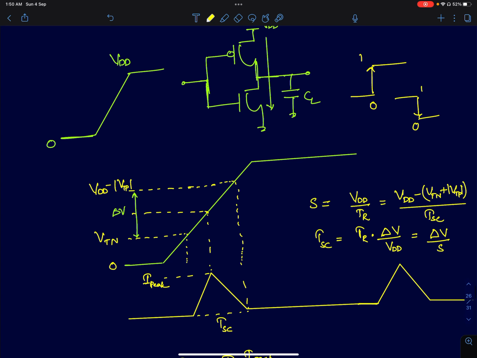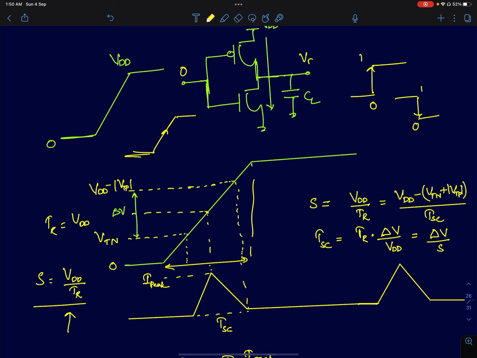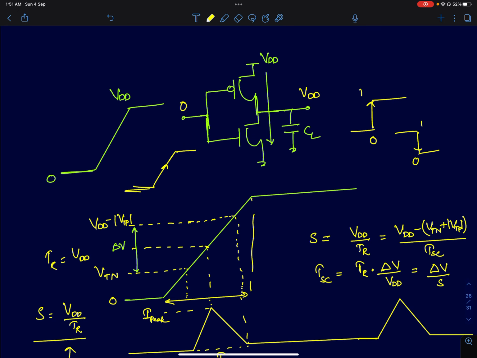So we will look at what happens when I'm applying a rising edge at the input. So the input is now going from 0 to VDD, and TR is the rise time, the time it takes to reach VDD. And the slope of this waveform is simply VDD by TR. Now, initially the input is 0. So you would see the output capacitor is charged to VDD. So when the input signal goes from 0 to VDD,